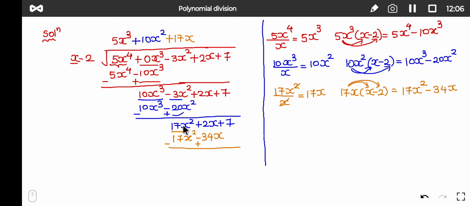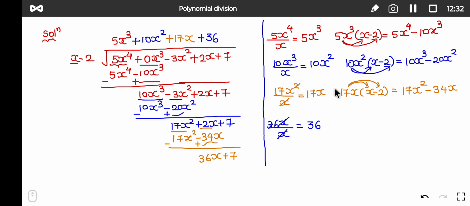So the first term will get cancelled, then plus 2x plus 34x, so it becomes plus 36x plus 7 as it is. Okay, now again apply the same step. So the first term we have 36x divided by outside we have x, so x and x will get cancelled, so we'll get 36, so plus 36